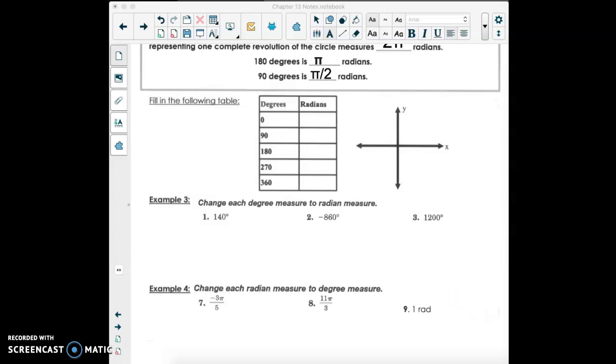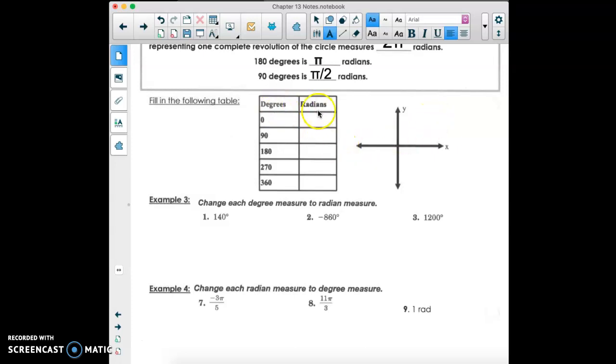Hey, here's the second part of the video notes for 13.2. So we were just talking about degrees versus radians. So now I want to fill in this table as well as label this picture so that we know